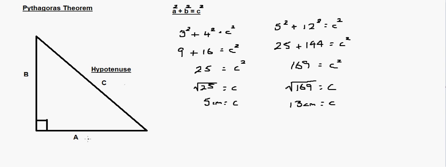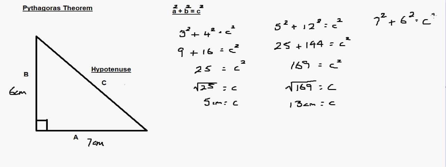So let's say this is 7 centimeters and this is 6 centimeters. Okay, so a squared plus b squared equals c squared, so that would be 7 squared plus 6 squared